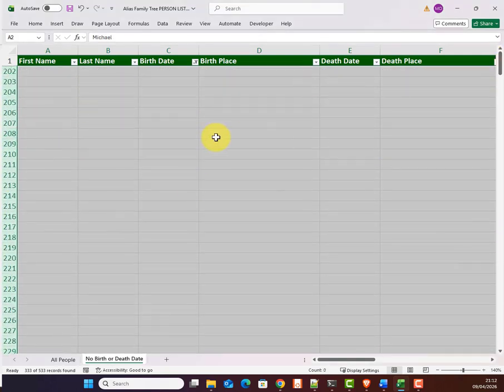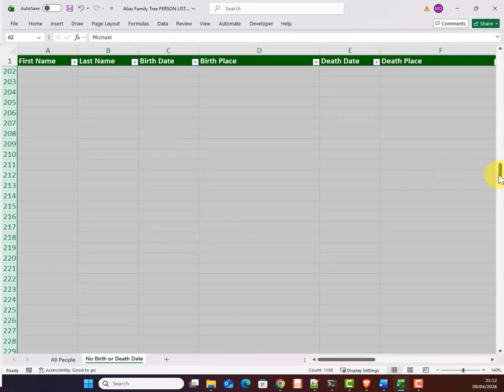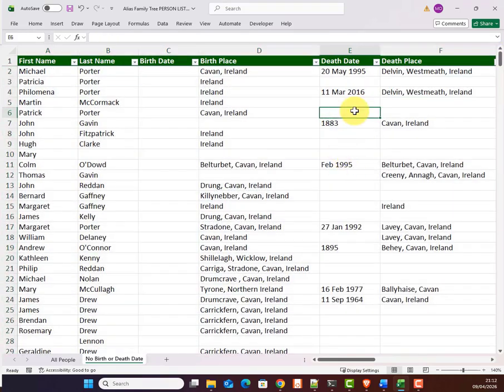So now I'm not seeing anything. In order to see what's left, I will click on the birth date again. I'll hit select all, which chooses the blanks, and now I have all of these rows left. But notice that some of them have a death date, but I don't want ones with a death date, so